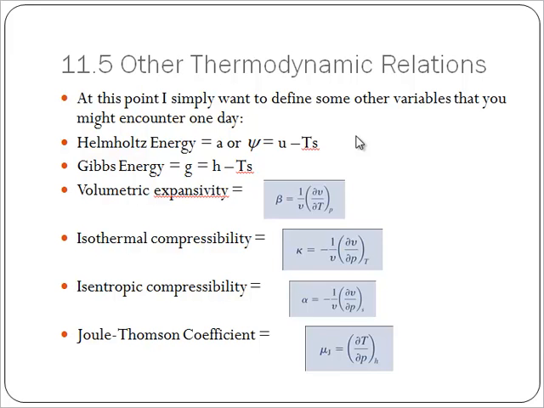But the Helmholtz energy in certain applications is a more natural equation set to work with. It will give you simpler looking equations. Another one of these is the Gibbs energy, which is H minus Ts. Now, the Gibbs energy is particularly useful when we start talking about phase equilibrium. So when we talk about how you have that vaporization happening and you have stuff happening in two phases, a liquid and a vapor, Gibbs energy is going to be the variable that's going to be most convenient to describe